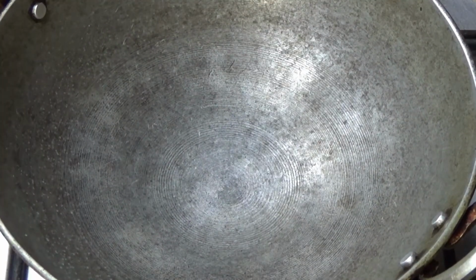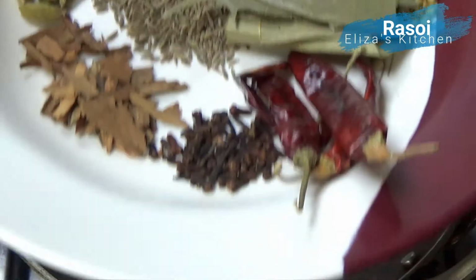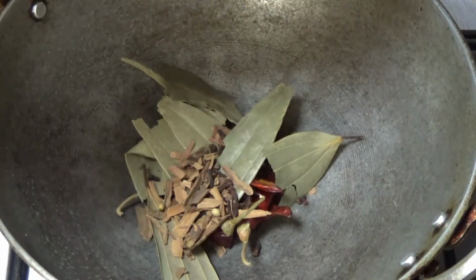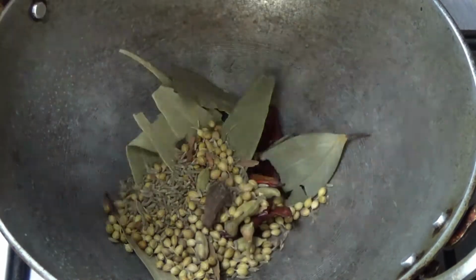Friends, I have kept a kadai on the gas stove. Now I am switching the gas stove on. Okay, to this kadai or wok, I'll add all the dry whole garam masalas. Okay, so I'm adding red chilies, bay leaf, cloves, cinnamon sticks, cardamom, coriander, whole coriander, black cardamom,